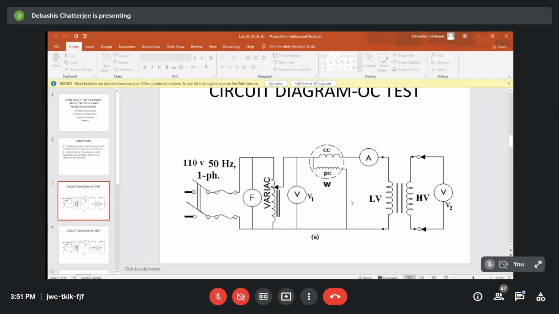Why I am telling you once again, because you should know many things for this experiment before performing it. Performing it would take only 10 minutes, but knowledge is something else. So now suppose I'm giving you an example of a transformer. Say it is a 1 kVA transformer, 1000 volt by 100 volt. That means high voltage rating is 1000 and low voltage rating is 100, and it's 1 kVA. So what is the rated current for HV side and LV side? Can you tell me?